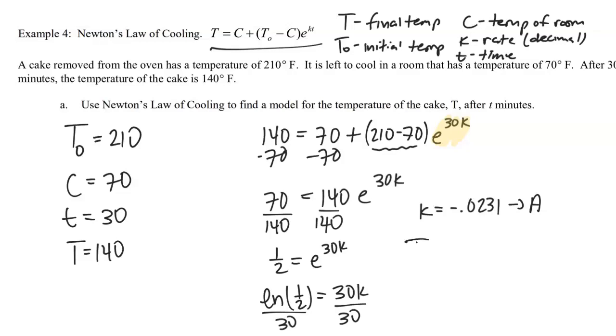This equation is going to say T is equal to 70 plus 140 e to the negative 0.0231 multiplied by time. What this equation allows me to do is plug in any lowercase t and receive back a capital T, a final temperature. Or it will allow me to plug in a final temperature for capital T and then solve for lowercase t to figure out how much time it takes to reach that final temperature.